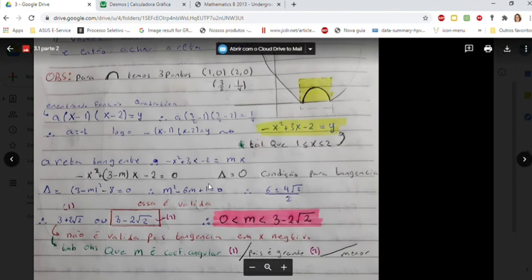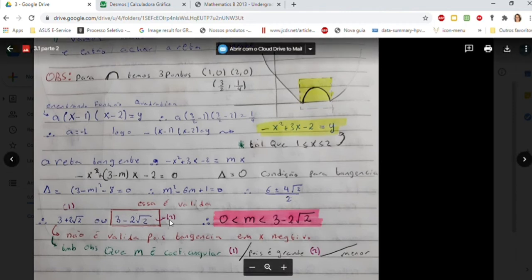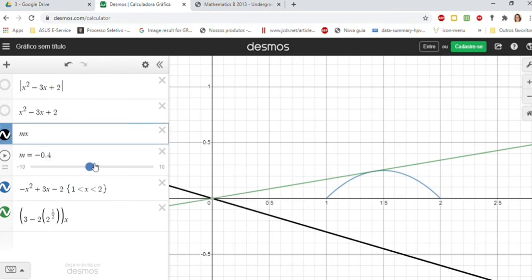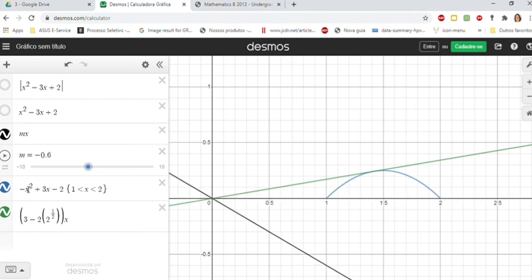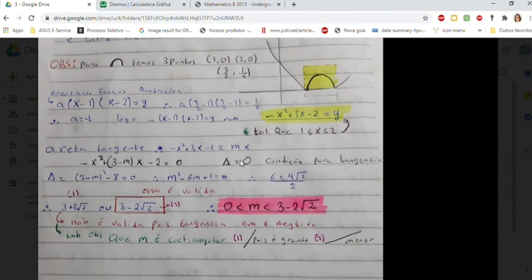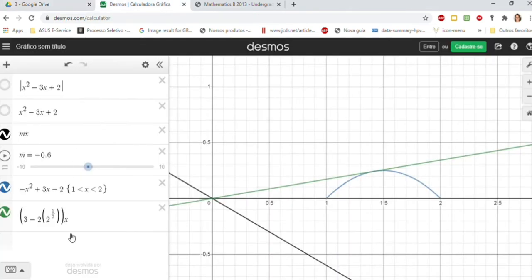So if we try to find delta equal to 0, we'll find this part over here, and then we will find that m, remember, just like I said, m must be bigger than 0 and smaller than the green line, and you will find the green line by that equality over there, giving delta equals to 0. Now you will find two solutions to delta equal to 0. This solution over here is not valid. Why isn't it valid? Well,